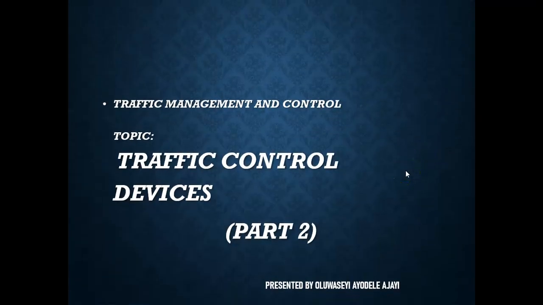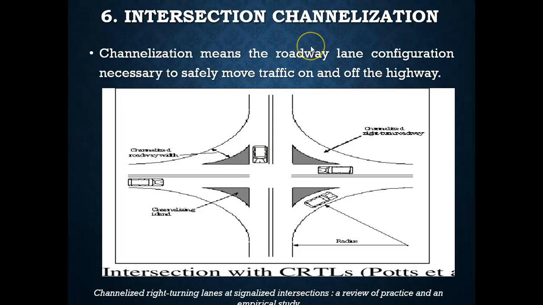So welcome to part two on traffic control devices. Here we started with the introduction to traffic control devices. Afterwards we treated the aspect of types of traffic control devices, and we've also been able to look at some basic traffic control devices such as the traffic signs, the traffic signals, the speed bumps, and some others. So without wasting much time, we're going to be going into the second part of this, starting with the intersection